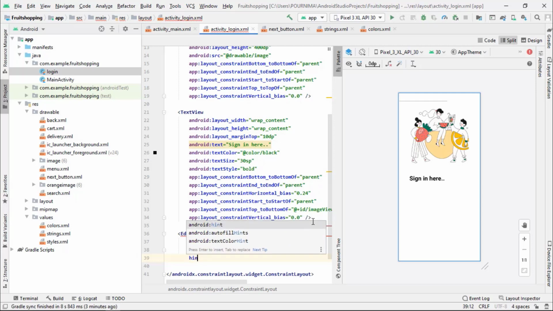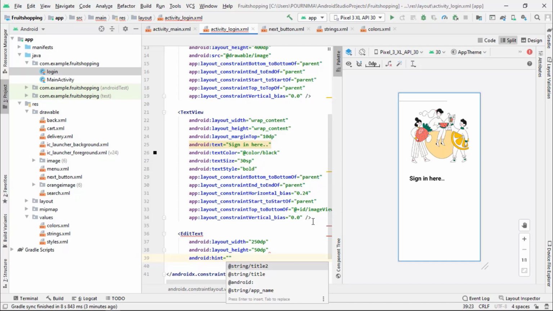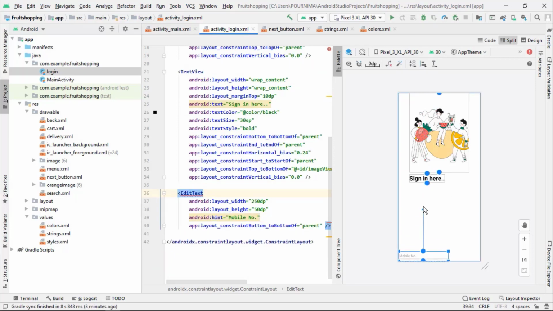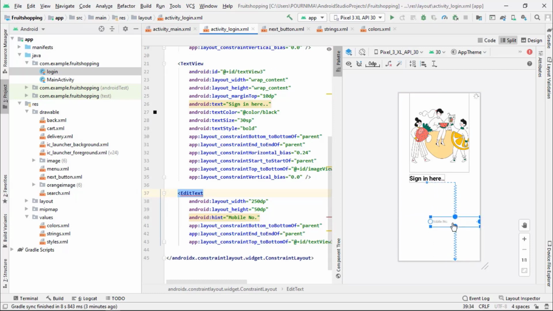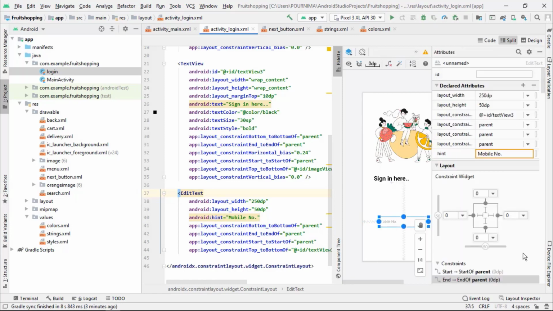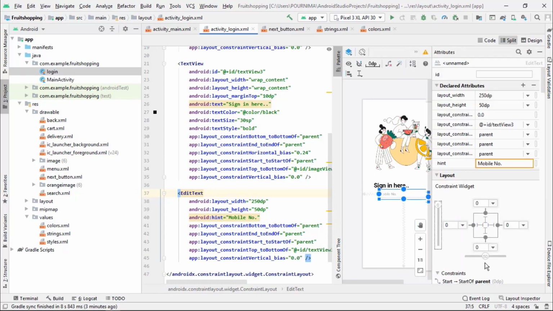So let's add the hint mobile number, and let's adjust the constraints. Vertical bias will be 0, and let's add the top margin as 25.